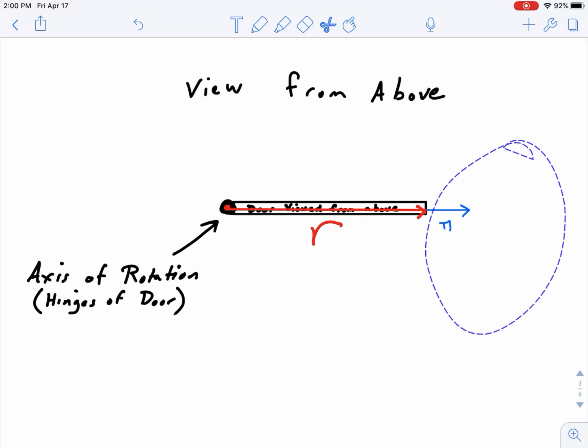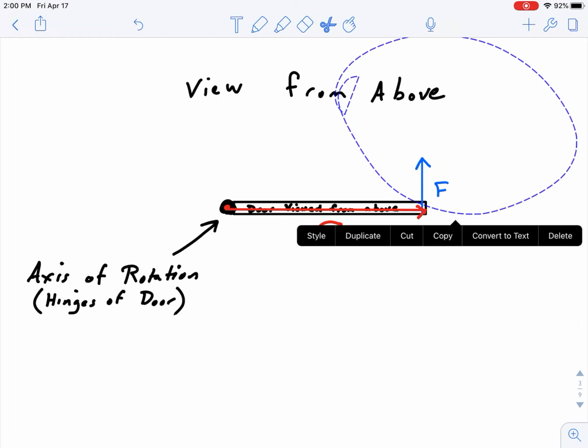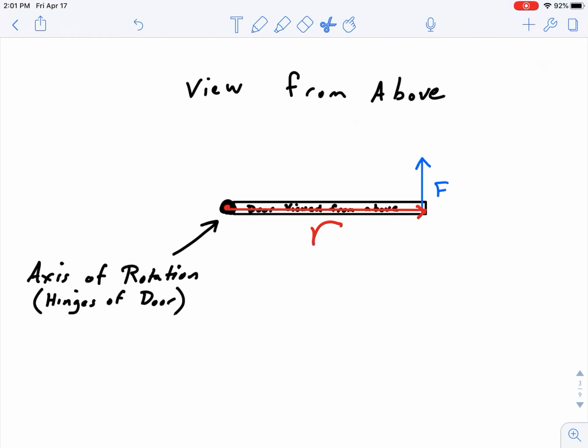And our formula is going to say, yeah, you're not going to get any torque if you do something like that. And in fact, our formula is going to say, if you push on a door like this, you're actually going to get the maximum amount of torque possible based on the angle. But if you think about going through a door sometimes,